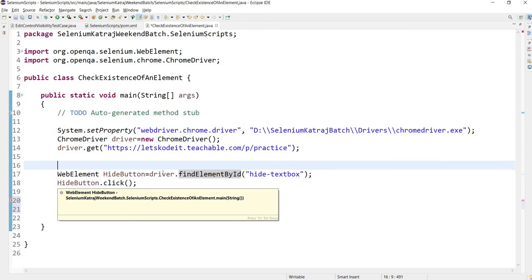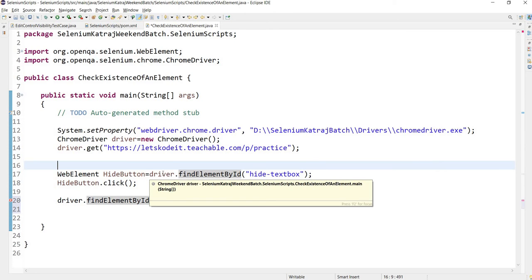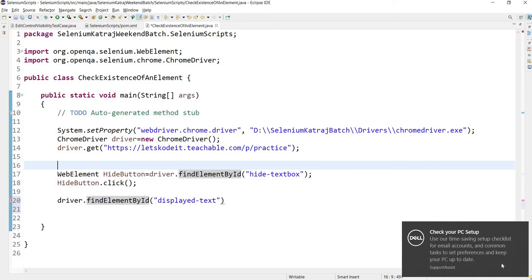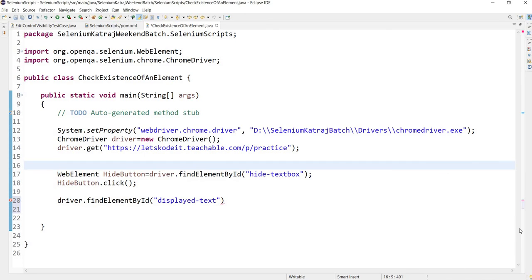If the driver doesn't find the element, it returns the no such element exception. Now this is the understanding we need in order to check for the existence of an element. This understanding is very important here.